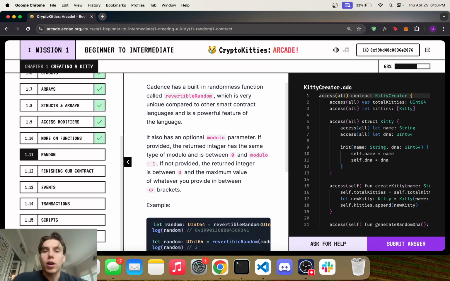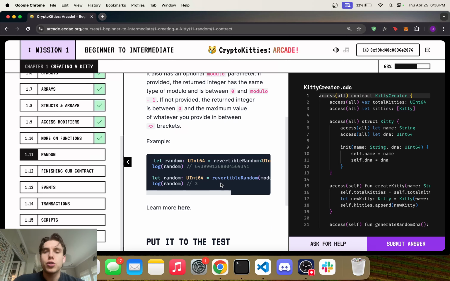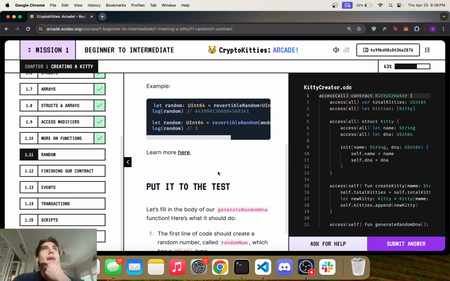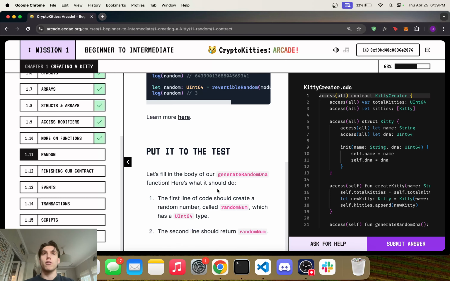Cool. So now we're going to talk a little bit about random. Again, really encourage you to read this on your own. But what's awesome about Cadence is that randomness is actually built into the language. This is awesome. In other smart contract languages like Solidity, you have to call oracles like OpenZeppelin, or I think it's Chainlink. I think it provides an oracle to make random functions. That's always a problem, right? I mean, it works, but every time you have to rely on a third-party library, you're entrusting them, you're having to rely on external dependencies, right? The fact that Cadence has built-in randomness is actually a very, very strong feature.